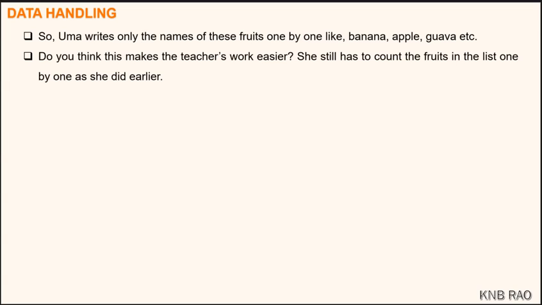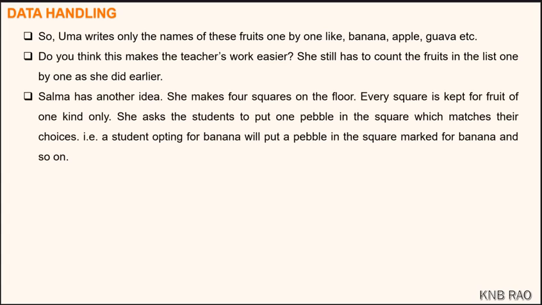No, she still has to count the fruits in the list one by one as she did earlier. Now, an intelligent girl, Salma, has another idea. What is that idea? Let us see. She makes 4 separate square boxes on the floor, and every square she kept for a fruit of one kind only, like banana. This is a square box where